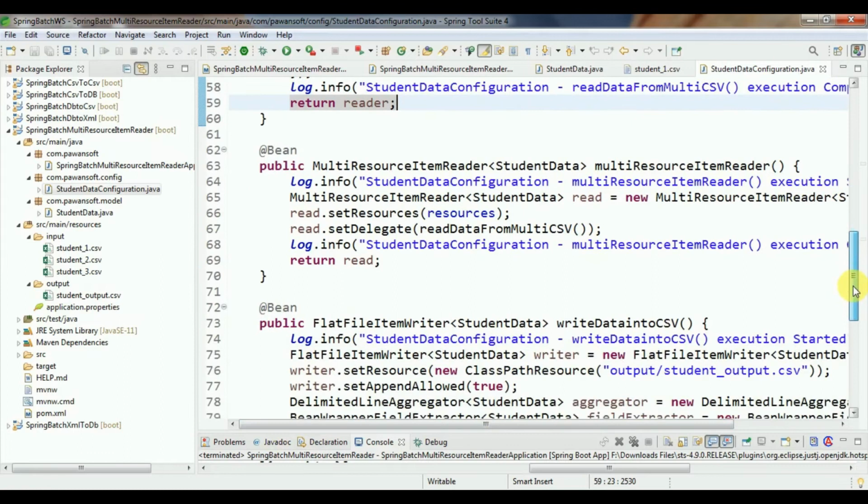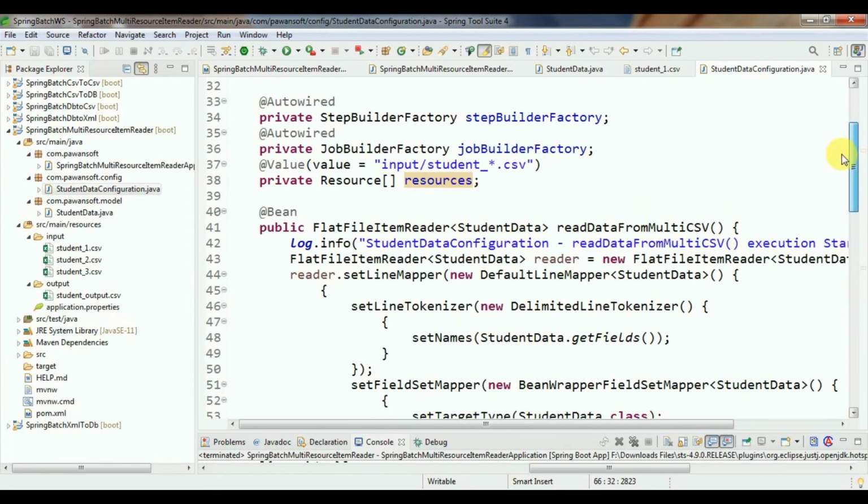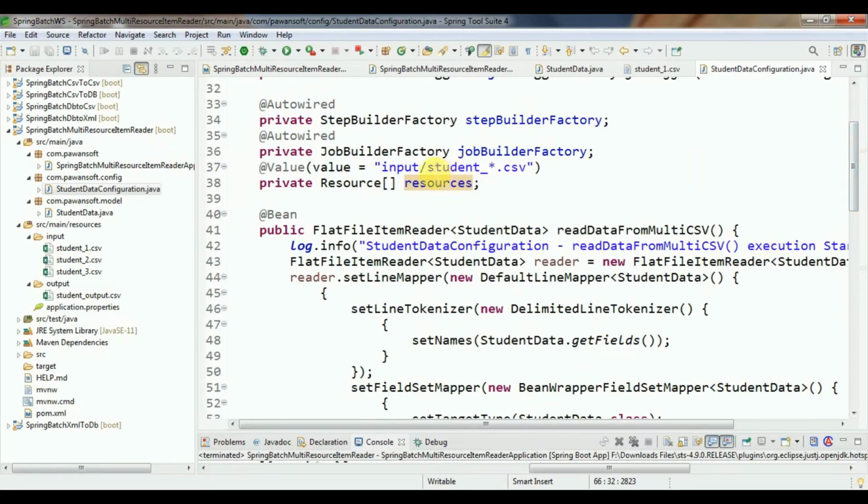And you have to create the bean MultiResourceItemReader. Multi-resource means multiple files, multiple resources. It reads the data from the multiple resources, so create the object of MultiResourceItemReader: reader is equal to new MultiResourceItemReader. reader.setResources, and this resource is the input where I am defining the input files.